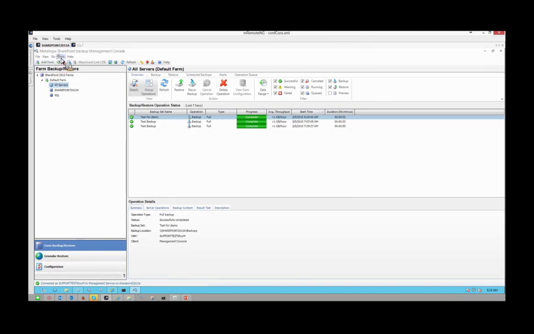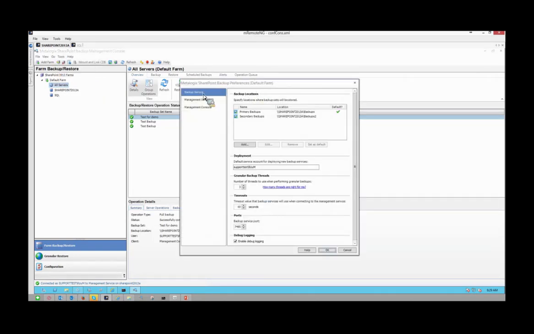So if I go to my tools preferences, and again, in next week's session, we're going to build all this from scratch. So don't worry if it doesn't make much sense how I'm getting to things, or if you're not familiar with the whys and hows of all this. Next week we're going to do it. But just to review our preferences tab here, note under backup service, I've got these two locations identified, backups and backups 2. If I edit here,